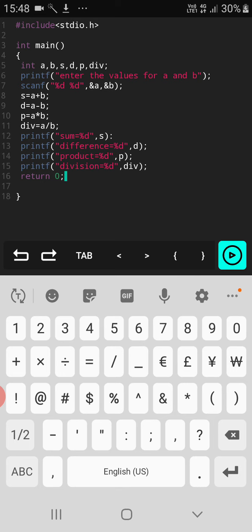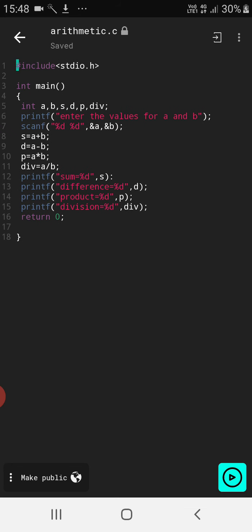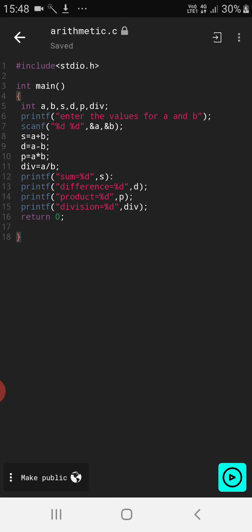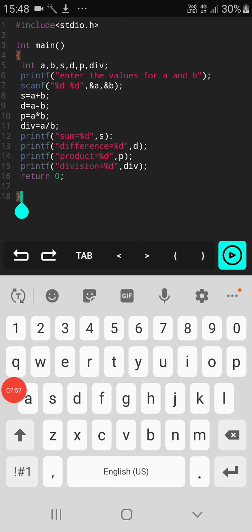Say for example, if I give the value of A as 4 and the value of B as 2, the sum will be 6. D is 4 minus 2, it will display the difference as 2. 4 into 2, it will display the result as 8. Once we divide the number, it will display the result as 4 by 2 is equal to 2.